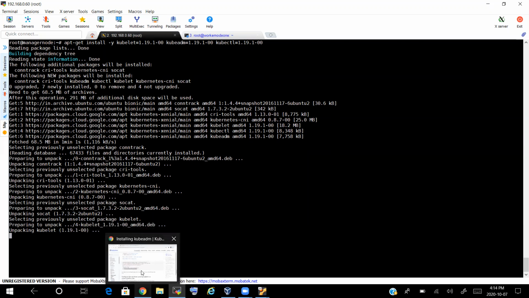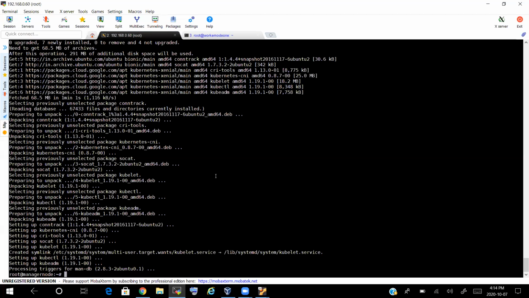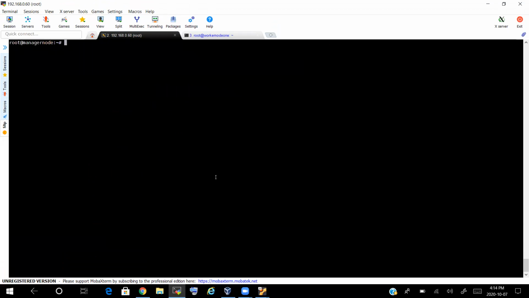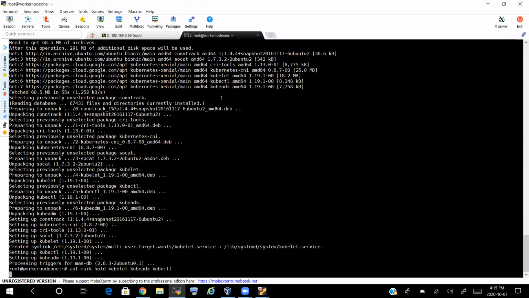I have not prepared any documentation for this because I want to show you how to use the official document itself in order to do the Kubernetes setup using the kubeadm tool. Creating documentation and putting in slides is not needed. You can directly refer to the official document. You have to get habituated to this. So it is done. Now I have to execute this command to hold it. This one also to hold.